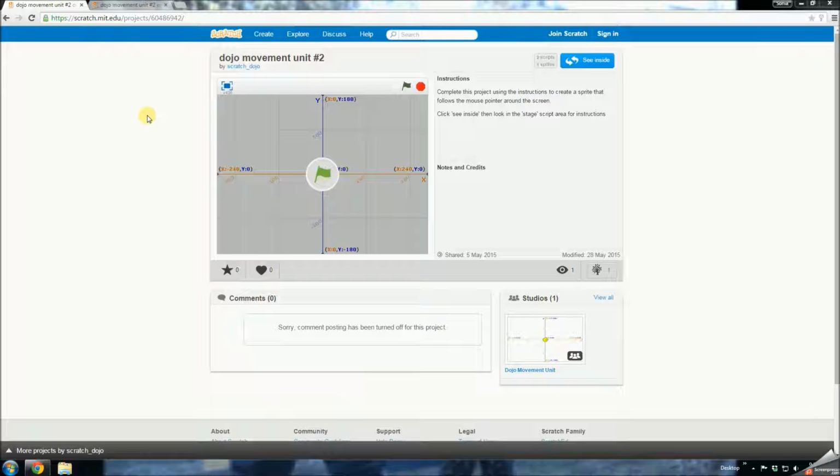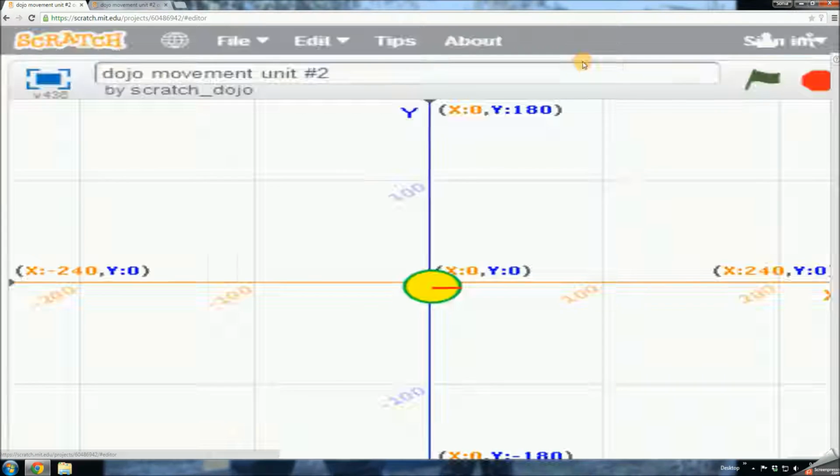Scratch Dojo. Let's take a look at Dojo movement unit number 2. This project will teach you how to create a sprite that will follow the mouse pointer around the screen. This is the project page. The link is in the description below. Click on See Inside